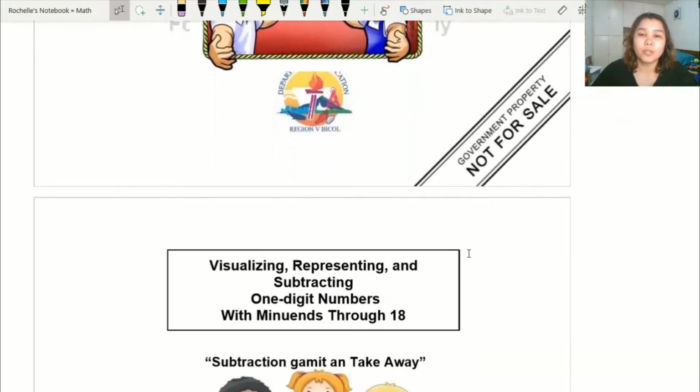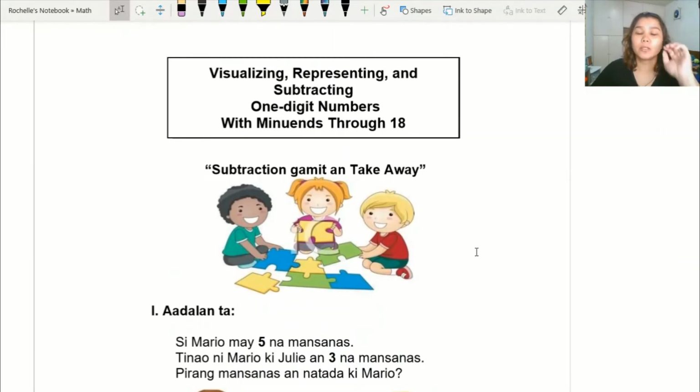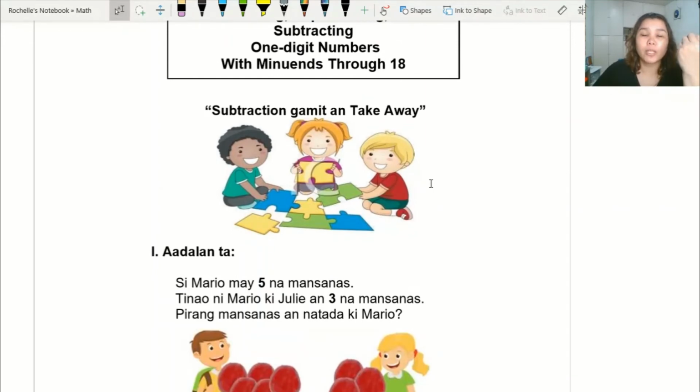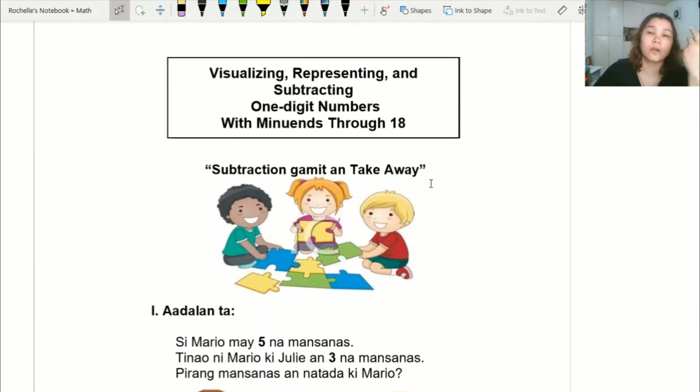Okay, after you have written your name, so page 1, it tells us the title, which is about visualizing, representing, and subtracting one-digit numbers with minuends through 18. So, subtraction, gamit ang take away. We already mentioned the term take away from the previous module because we started with subtraction. So, if we can remember, when we subtract, we remove, we deduct, we get from a given set. And then we are after to how many are left. Okay. So this is, if you can remember how it is related with addition, so it's some sort of inverse,